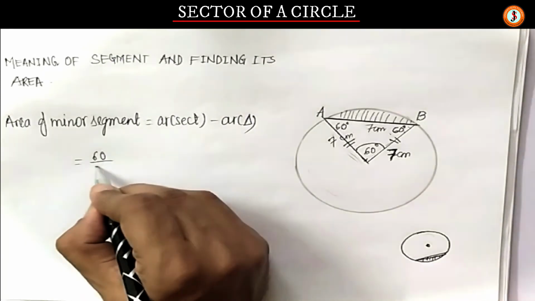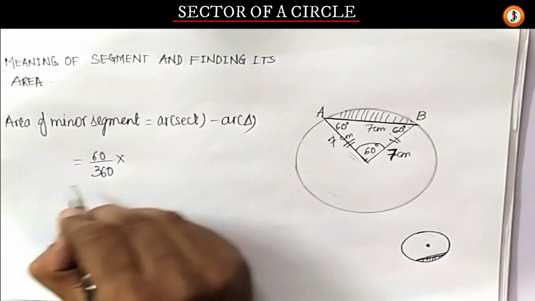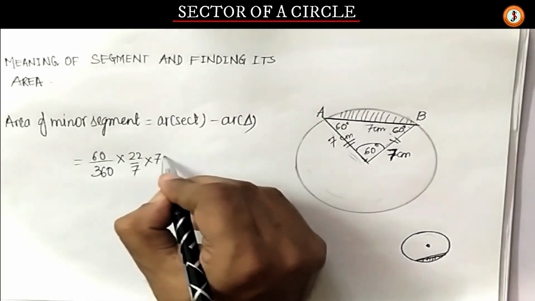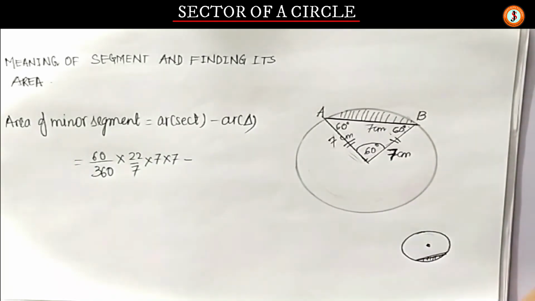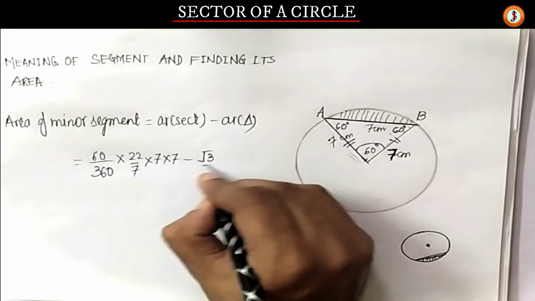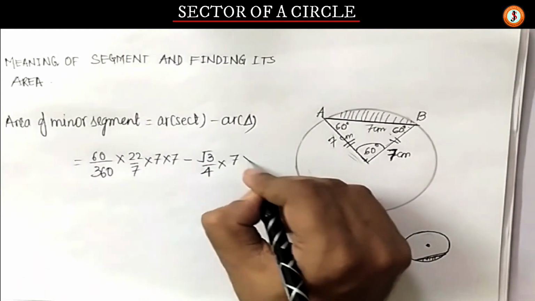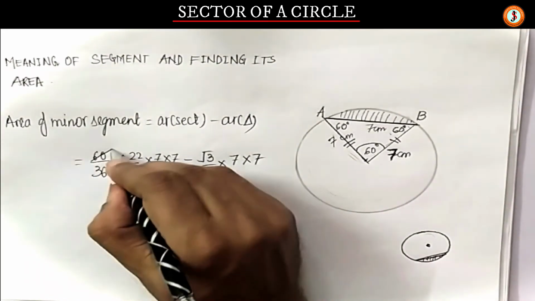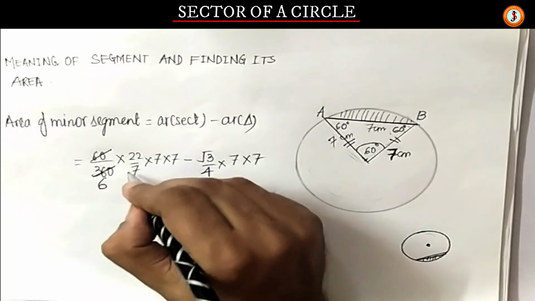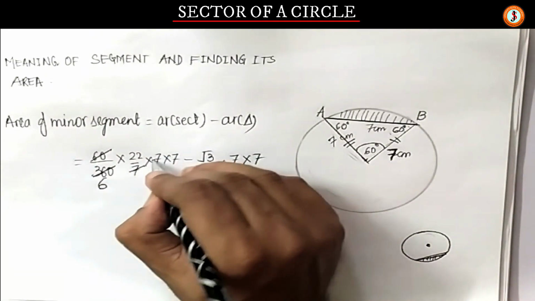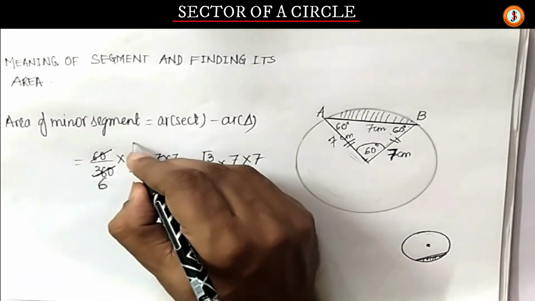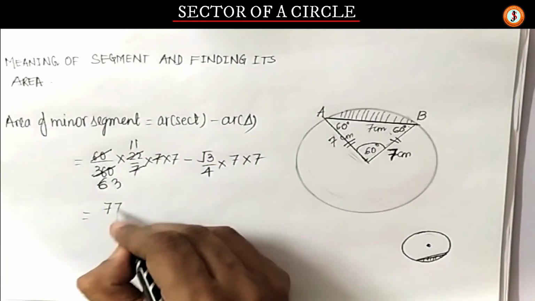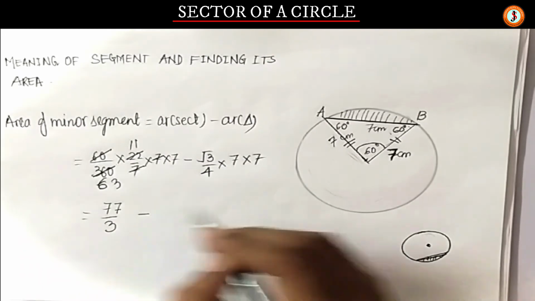Area of sector is theta by 360 into pi r square minus area of the triangle, which is root 3 by 4 into 7 into 7. I'll need help in calculation for very sure. So 60, this goes 6 times, this is gone. So this is 2 11s, 2 3s are, so I'm left with 77 by 3